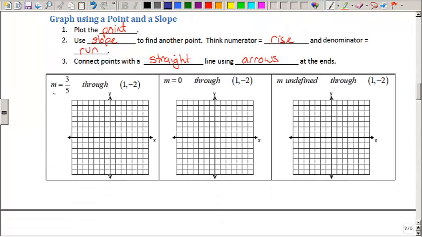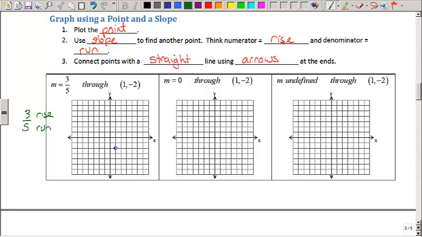My first example tells me to graph using a slope of 3/5 and through the point (1, -2). My first step says graph the point. So I go to (1, -2) and I plot that point. To get the next point, I have to use my slope. My slope is 3/5. My 3 is going to be my rise and my 5 is going to be my